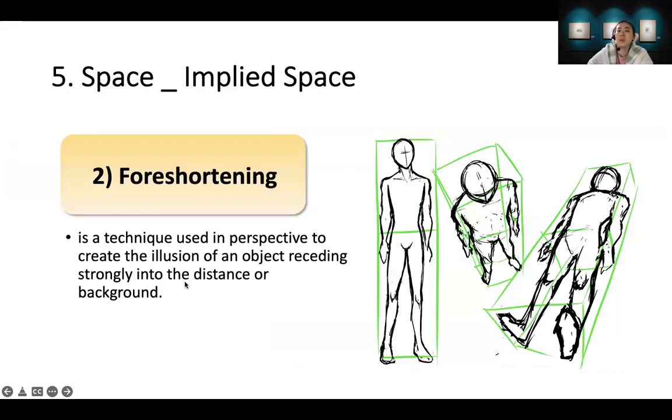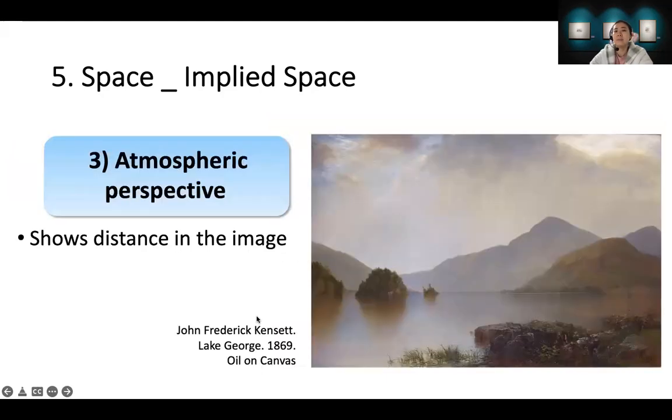The second one is foreshortening, a technique used in perspective to create the illusion of an object receding strongly into the distance or background. It looks dynamic. And the last one is atmospheric perspective, which is used for landscape work of art.